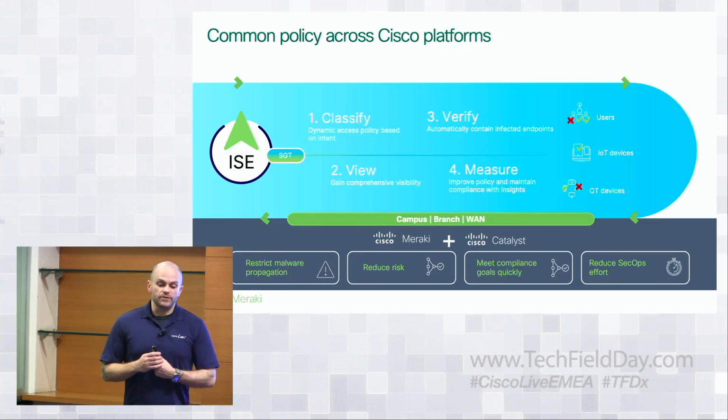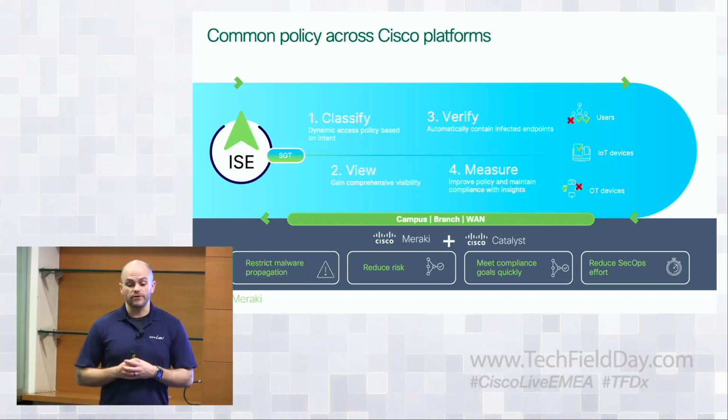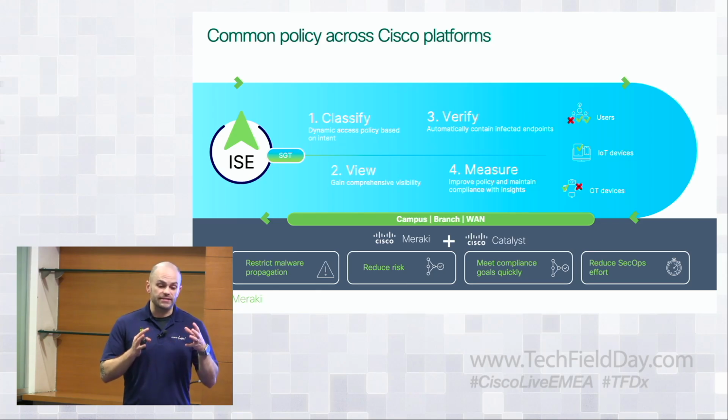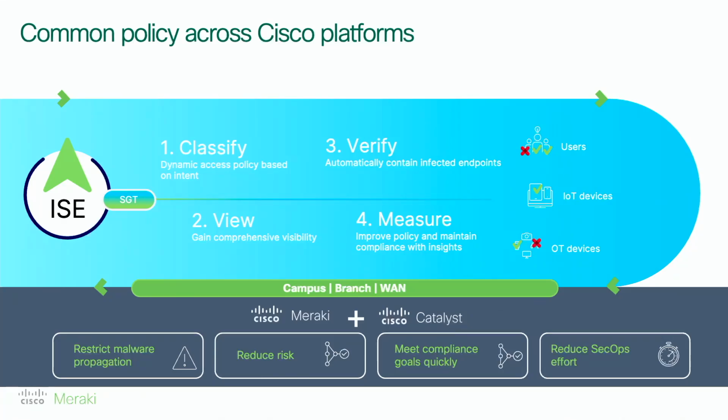Now, a lot of this is built to help Meraki become as powerful as possible from a security perspective, but it also allows for us to better integrate with the rest of Cisco when we look at security operations and functions. When we integrate with ICE, we actually are able to have ICE sync policy into Catalyst Center or even to Dashboard, which allows us to have a common policy framework where we use that SGT to share that context between potentially what we'd call domains or different parts of the network,